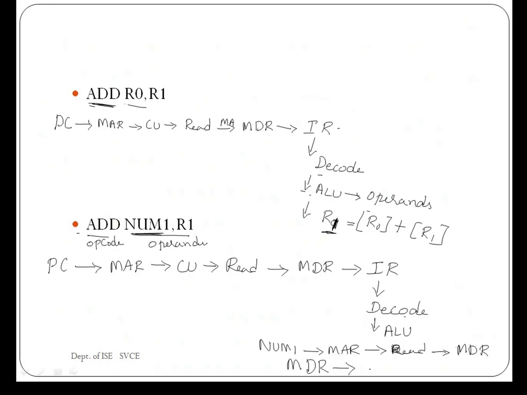it is transferred to ALU. Once the required operand is available at the ALU, it is also going to check the second operand. Here, according to the instruction, the second operand is a register. It does not require any memory operation. So in that case, it performs the addition of these 2 operands. That is, num1 is added with the content of register R1, and the result of this operation is once again stored into register R1.